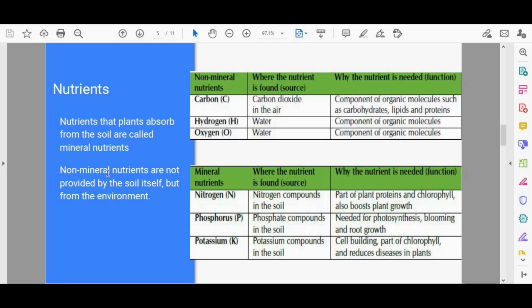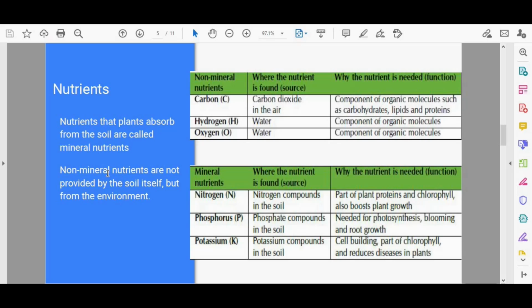So those non-mineral nutrients would obviously be things such as your oxygen, which comes from the air, carbon, which is also extracted from the air, and then hydrogen, which is extracted from water, H2O, right? Break out hydrogen from there. Those are examples of non-mineral. Mineral, of course, like I said, must first dissolve in water, because water is